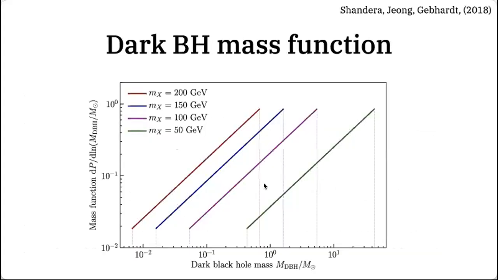Okay. So here's the result. We have the mass function of dark black holes that can form from the atomic dark matter model. So I draw 4 example lines. They're all subsolar mass here. And then the green is for the 50 GeV dark matter proton. And as you increase the proton mass, then you decrease the mass range. Okay, so 200 GeV can predict like 1% to above the solar mass. Those have the same slope because I took the slope from the Pop 3 star formation and then just rescaled them using the proton mass.